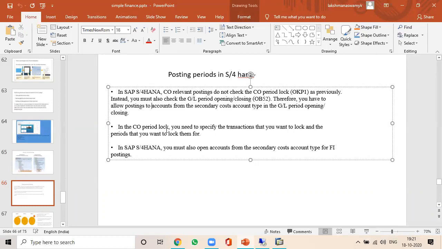In the CO period lock, you need to specify the transactions that you want to lock and the periods that you want to lock for them. In SAP S/4HANA, you must also open the accounts from the secondary cost account type in FI postings. So I told you, in S/4HANA, in the GL master records, a new field was introduced, the GL account type. So if you select for a GL account the GL account type secondary costs,